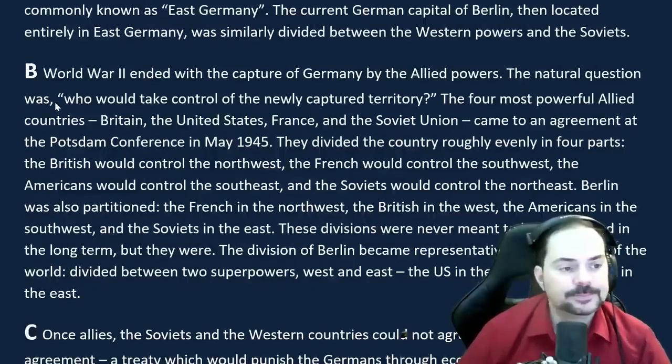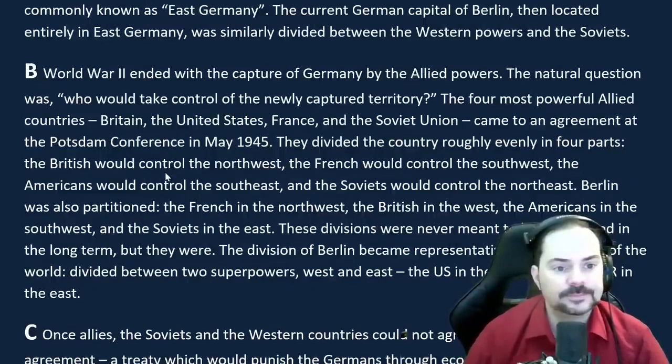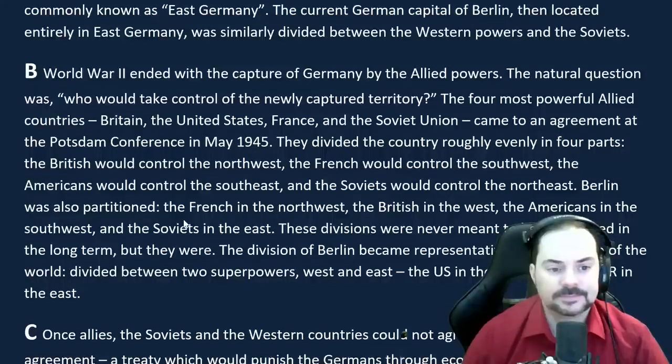Yeah, sure. World War II ended with the capture of Germany by the Allied powers. The natural question was who would take control of the newly captured territory. The four most powerful Allied countries, Britain, the United States, France, and the Soviet Union, came to an agreement at the Potsdam Conference in May 1945. They divided the country roughly evenly in 4 parts. The British controlled